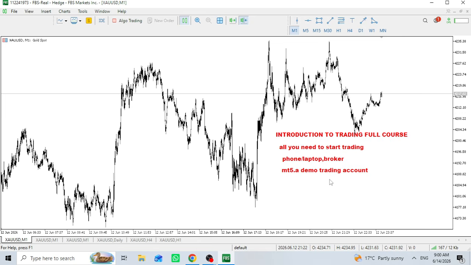Now in the market, you have two options: selling and buying. You buy when it's cheap and sell when it's very expensive. Even if you go to the market to buy tomatoes, do you buy when things are expensive? No, you buy when it's cheap and sell when it's high or expensive. Buy low, sell high.